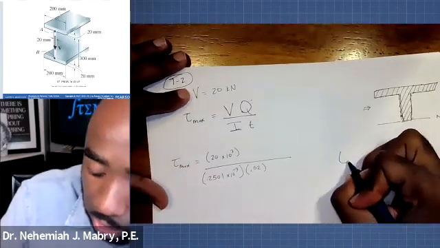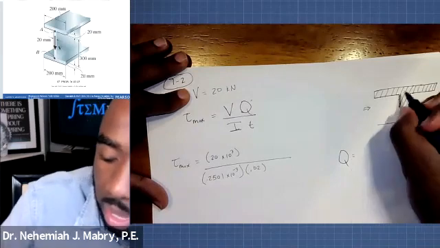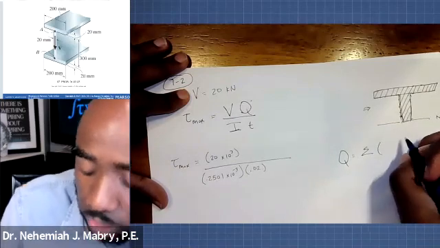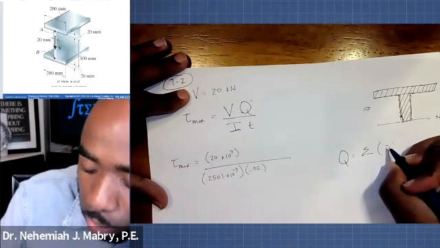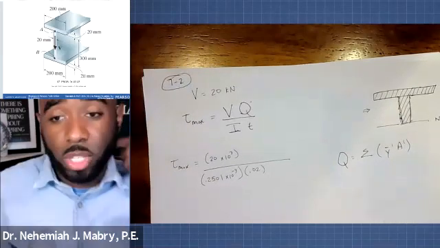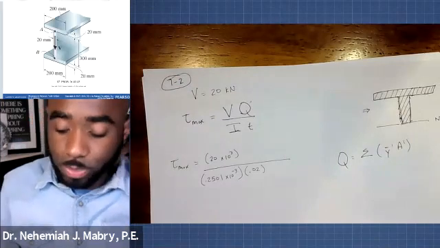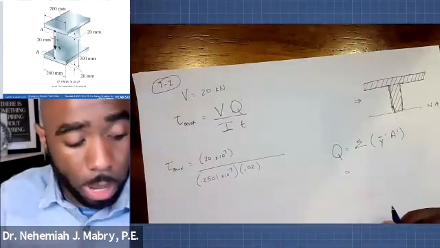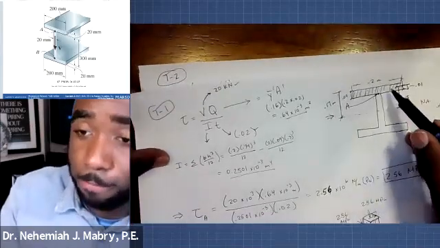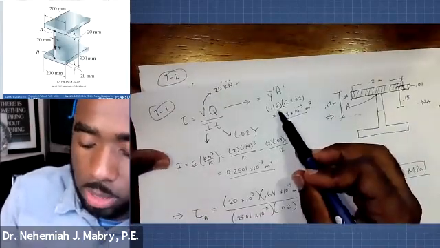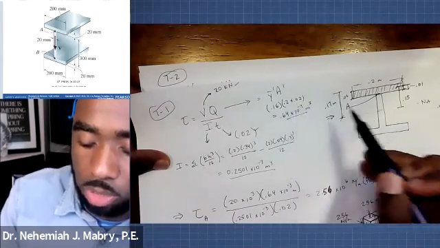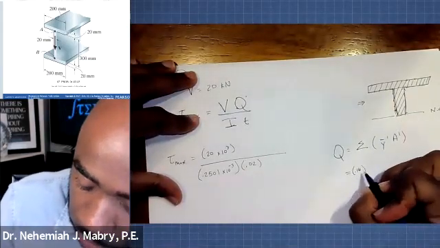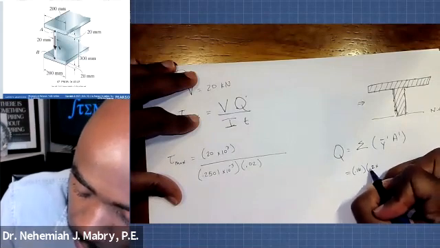Now, let's talk about Q for a second. Q, in this case now, has to consider two different areas. So instead of just being a straightforward equation, it's going to be the summation of y bar prime times A prime. That is what Q is going to be now for us. So we already know what it was when we were just talking about the top area, right? So let's go back to our problem. When we were just dealing with the top part, y bar prime was 0.16 and the area is 0.2 times 0.02. So let's start things off there: 0.16 times 0.2 times 0.02,